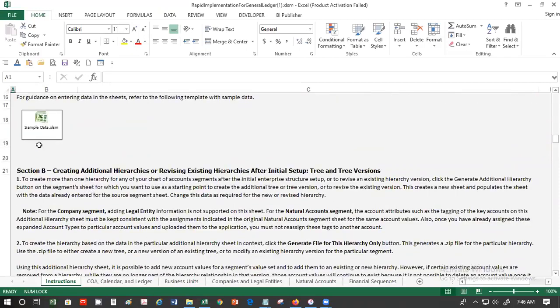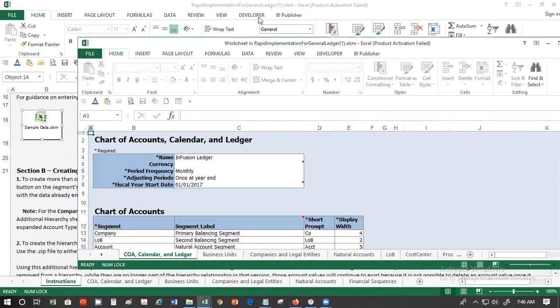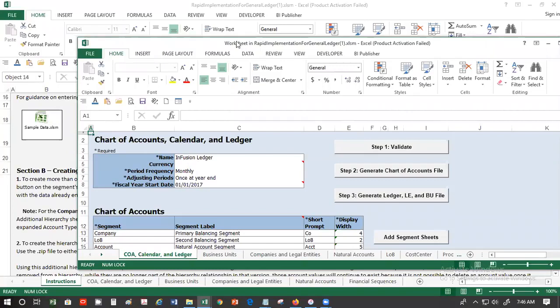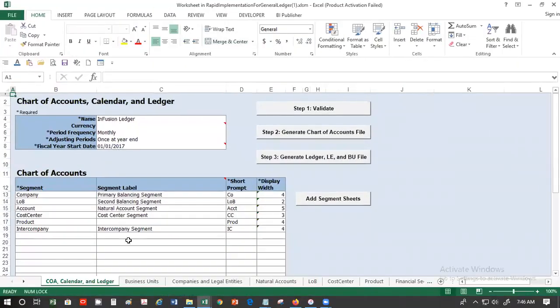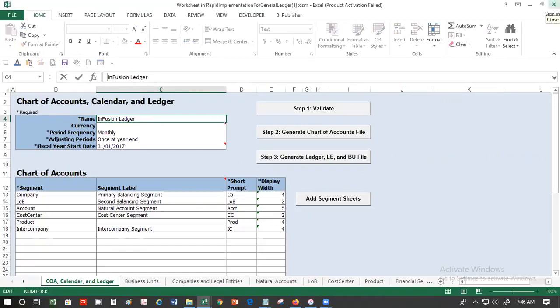So here we will first try to load the data. There is a spreadsheet which has sample data in it. If you double click this, the sample data file will open up with the information populated. What we'll do is rename it to our name initials so that we know that it is we who had defined it. And we'll make subtle changes here and there. So we'll call it SP Infusion,